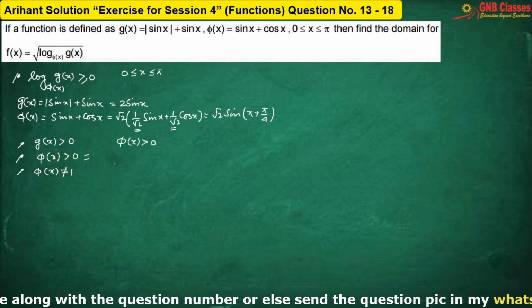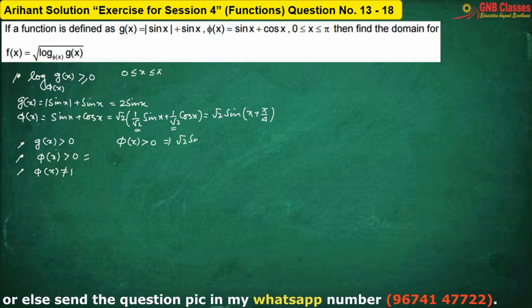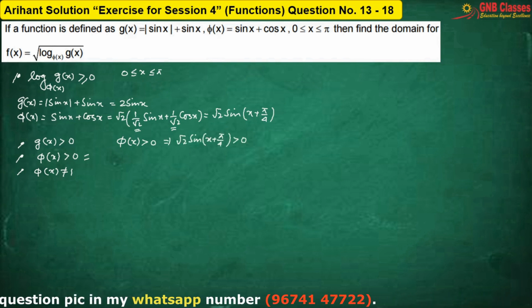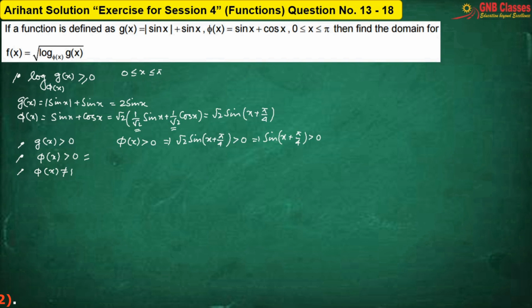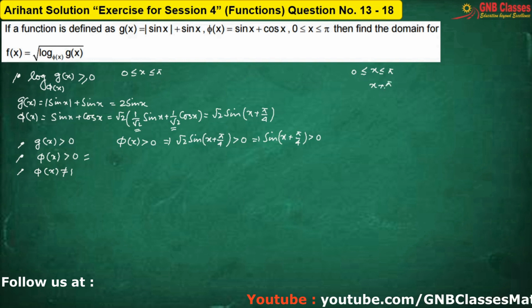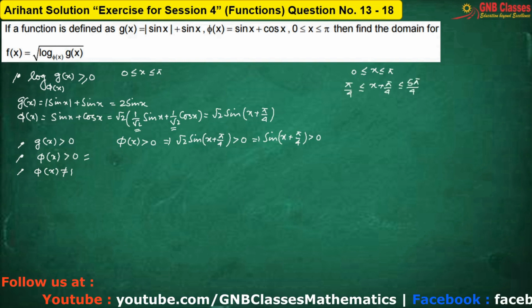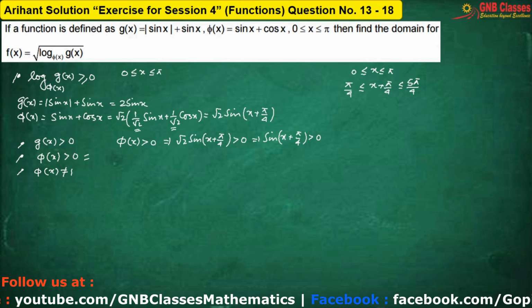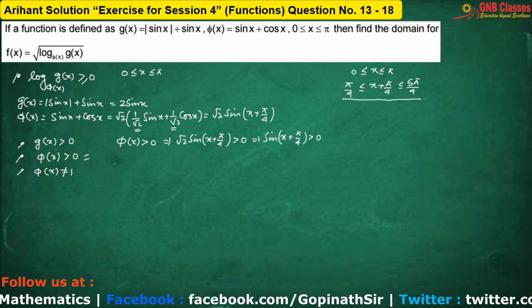Now you see, phi(x) is greater than 0. We are considering this part. Phi(x) is greater than 0 implies what? This is greater than 0. That implies, is it clear? Now you observe, we have been given that x is lying between 0 and pi. Therefore, x plus pi by 4 lies between pi by 4 and 5 pi by 4. Is it clear? Now, within this range, sine